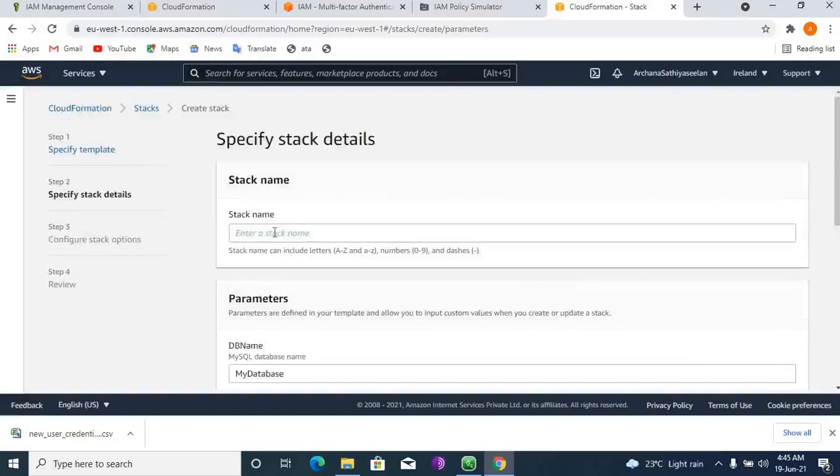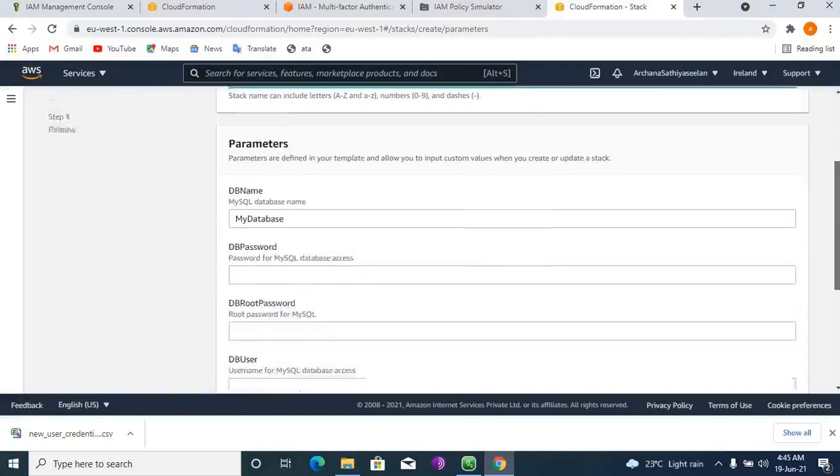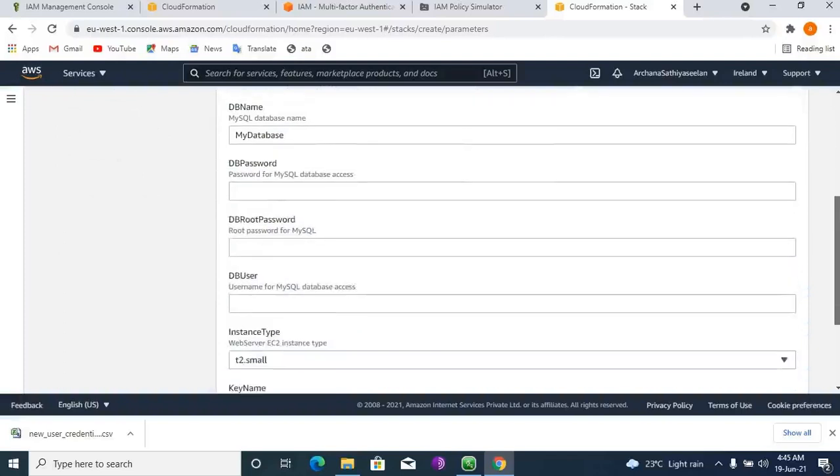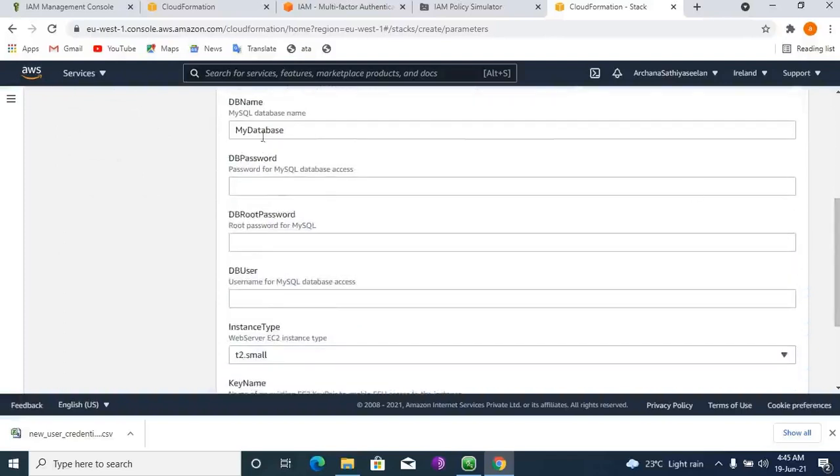Now you can enter your stack name. It must be unique. Okay, I'll enter something. Now the database name is my database.